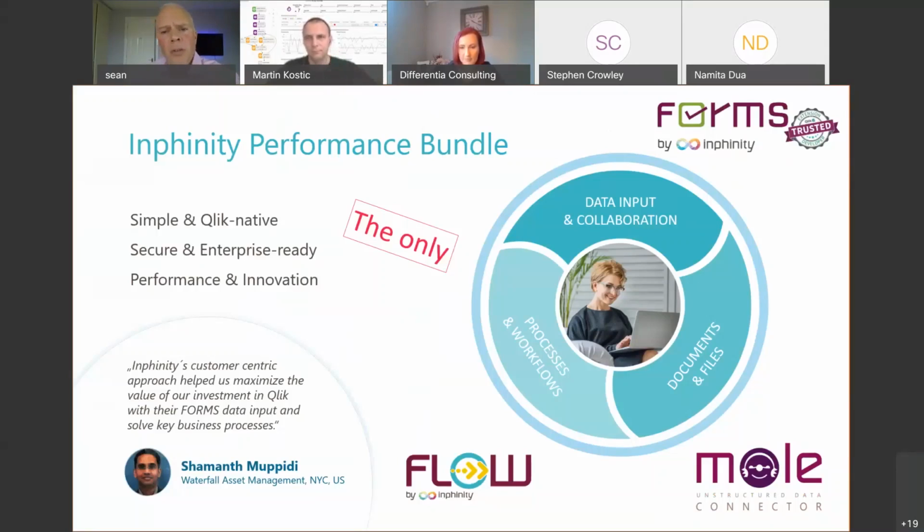But do you want to tell us a little bit about Mole, Martin? What's so good about Mole? Yes, Mole is actually one of our first products that we have developed, and it's able to extract text content from documents, files, pictures, PDFs, emails, so from various unstructured data sources, extract the content, so all the words, all the sentences, everything which is inside, capture various information about it, like positions and so on, and also extract metadata, and so actually map all information